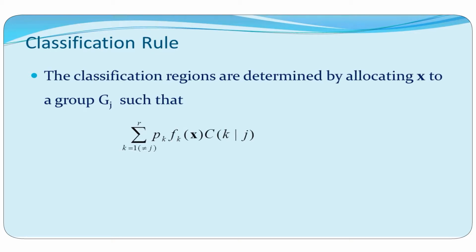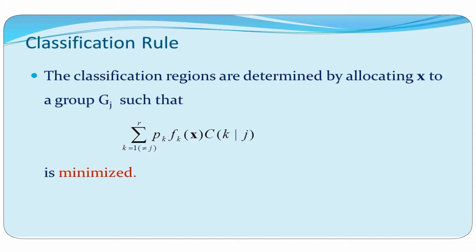p_k times f_k(x) times c(k given j), summed over k up to r except for j, is minimized. This can be mathematically shown, and you will see that in the text, but what we can see here is that p_k is the prior probability of the individual coming from the kth group, and f_k(x) and c(k given j) are the probability function and the cost